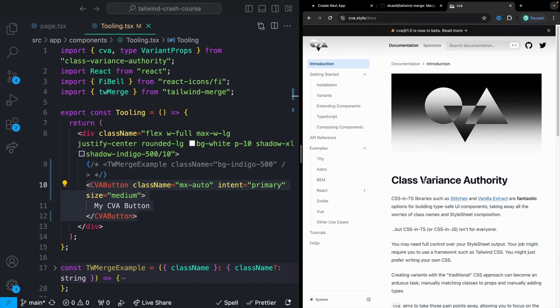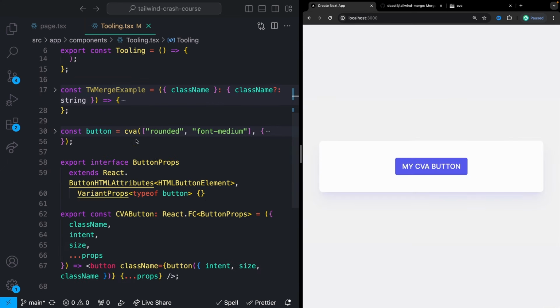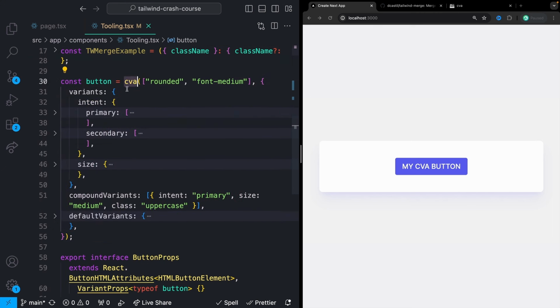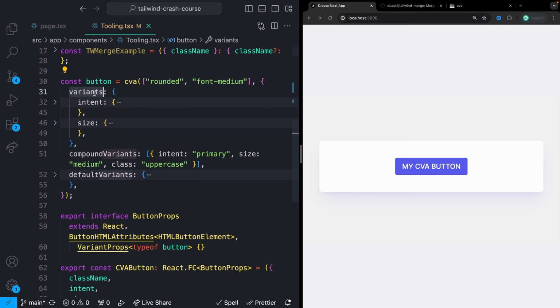You can check out the docs if you want, but as a basic example, we'll just scroll down here. Essentially how this works is something like this. So you'll import this CVA function, and the first property that you're going to pass into CVA is whatever your default styles are that should be applied to every variation of this button. So I want all of them to have a rounded border and a font weight of medium. Then we'll have this variants key right here, which gets passed in as an object as the second parameter. And each of these keys in here are the different props that we want to be able to pass